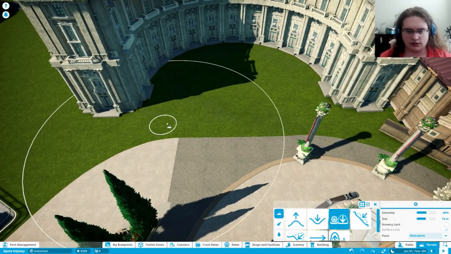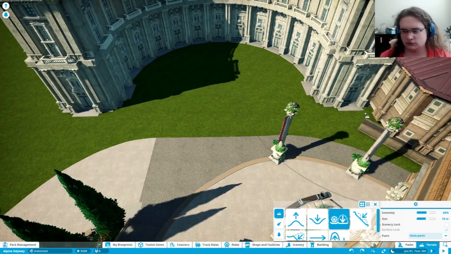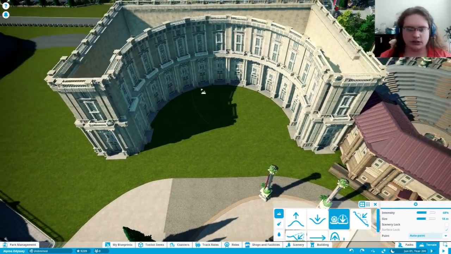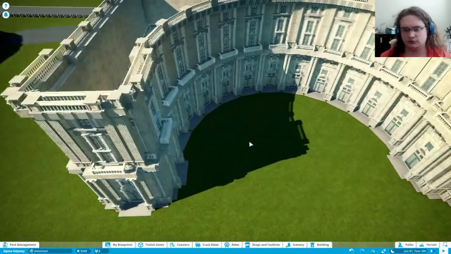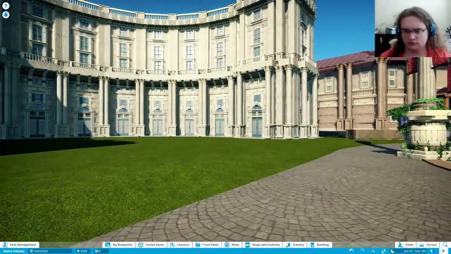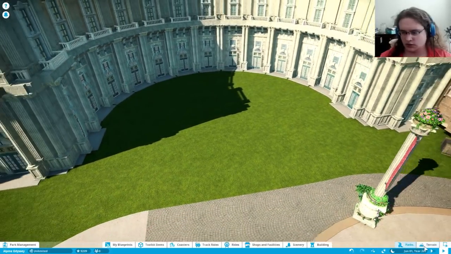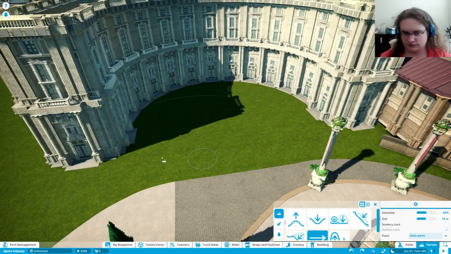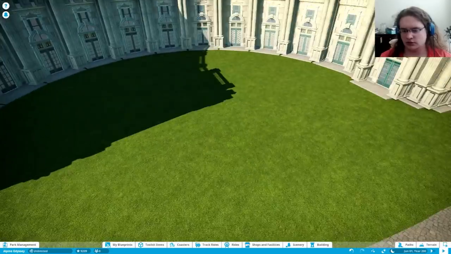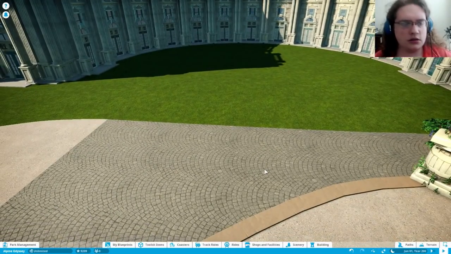Change the size. Okay, now it will set level with the building. I'm gonna smooth it actually, because this lower plaza had a little bit of a hump going on, and little terrain artifacts like that create